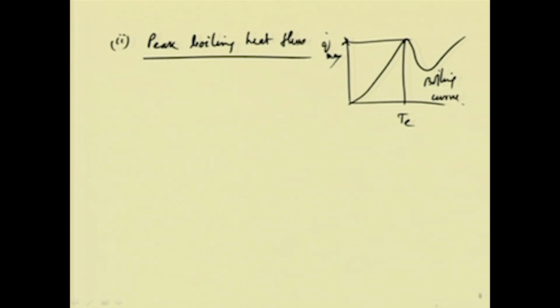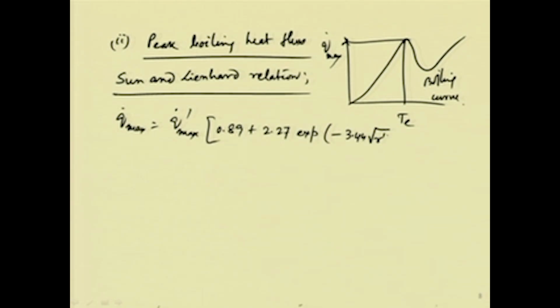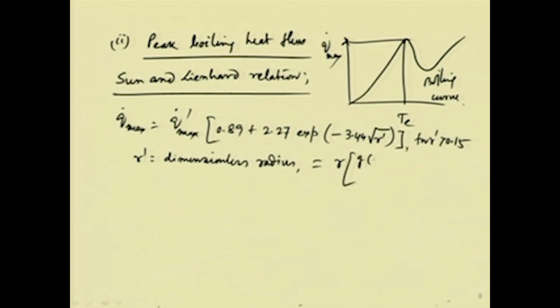Okay. Now, in this case, again another relationship that is given by Schön and Lenhard relation. According to this relation, Q dot max is equal to Q dot max dashed, okay, then multiplied by 0.89 plus 2.27 exponential minus 3.44 root over r dashed, okay, and then here this is for r dashed greater than 0.15, and r dashed is dimensionless radius, is equal to r into g into rho L minus rho V by sigma whole to the power half, okay,